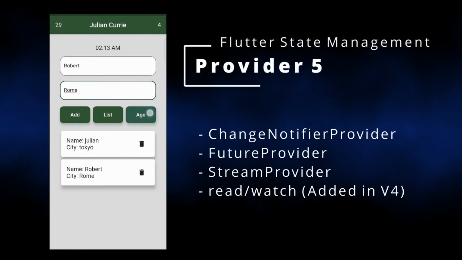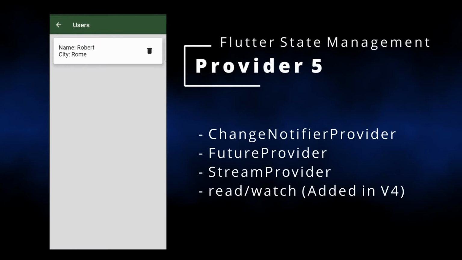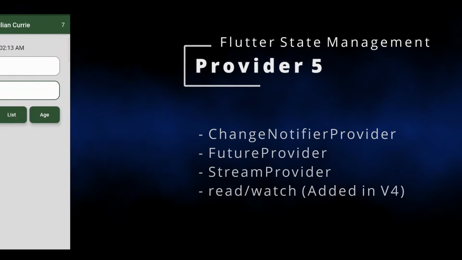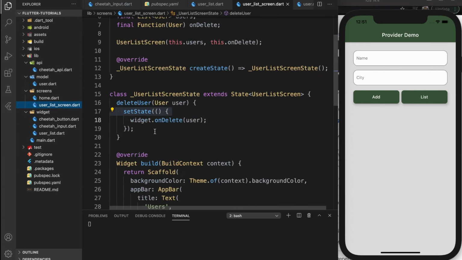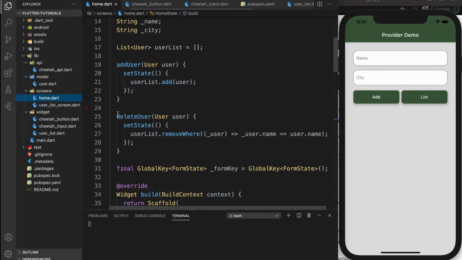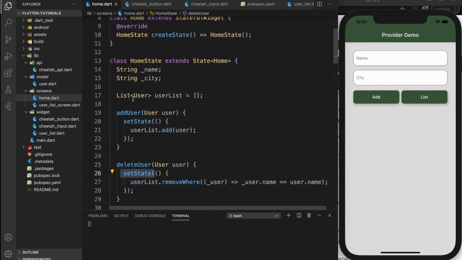Provider is a state management package for your application, so you don't have to use set state in your app to update the state for multiple widgets. Okay, so if you go to the user list screen that I created, normally you would use set state if you want to update the state of your widget. I have it in the home screen here too, set state, and the user list is a local state